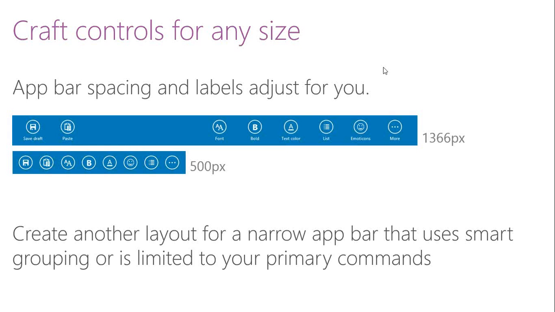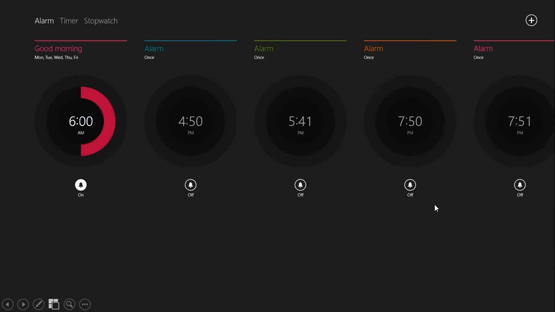So on the screen you can see the above layer. It's on a larger screen, which is 1366 pixels, and below it is on a smaller layout, which is the 500 pixels, and you can see the difference in the controls, right? Over at the top, these are bigger. The sizes are bigger. There is text available below the buttons, but on the smaller one, they are not. So you have to decide what you want to resize and what not. Let's take an example right now.